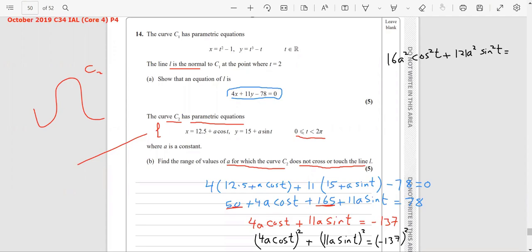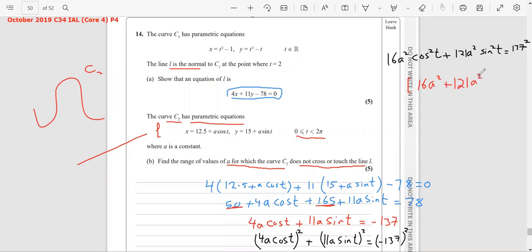You can just keep it as 137 squared for now, because the square removes the negative sign. So now cosine squared t plus sine squared t gives 1, so you have 16a squared